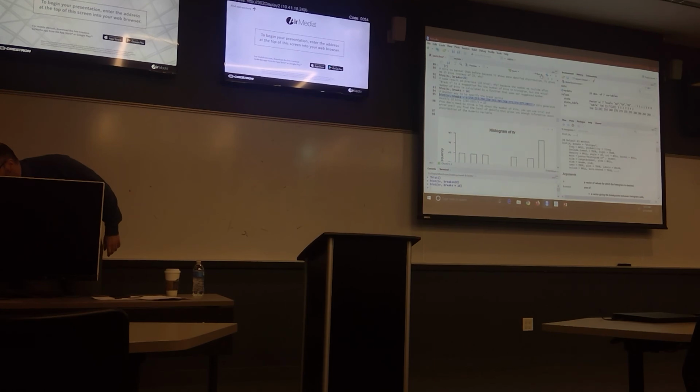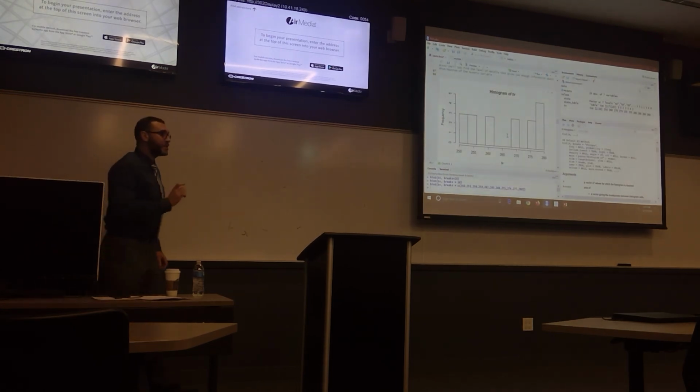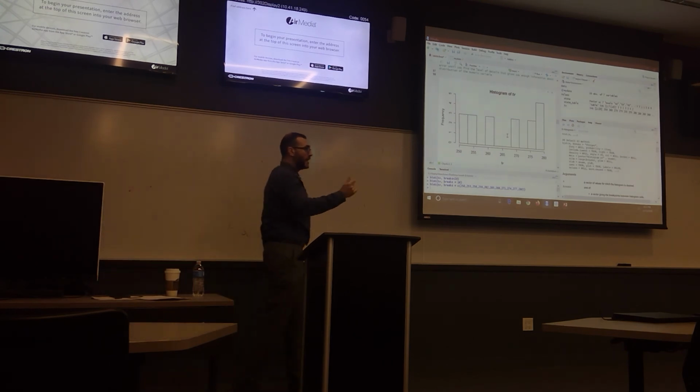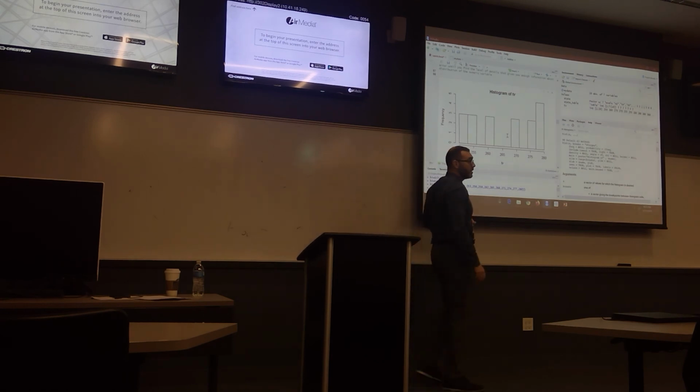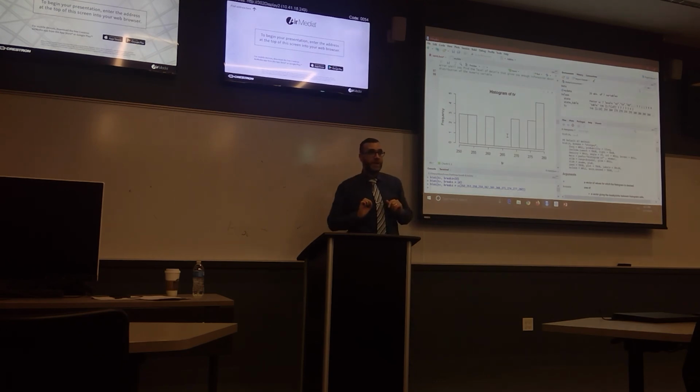Now, if I do this, it gives me 10 bins because I made each bin a length of 3, and the total range is 30, from 250 to 280. 30 divided by 3, I have 10. So then I have 10 bins. If you think 10 bins is better, you can do that by specifying the breakpoints.